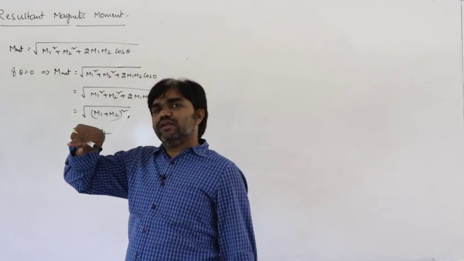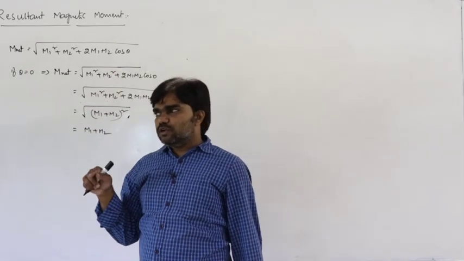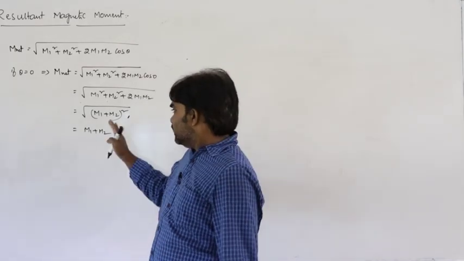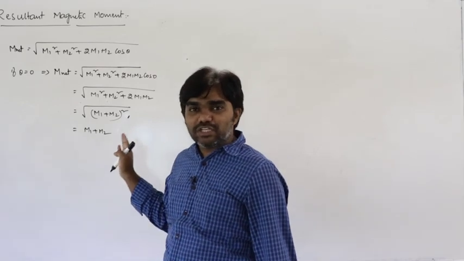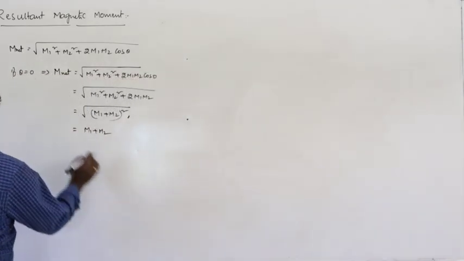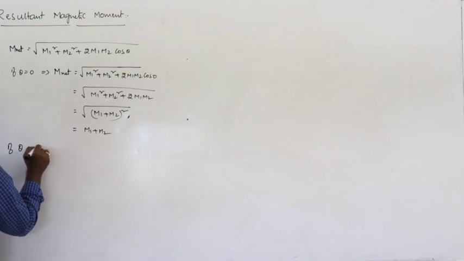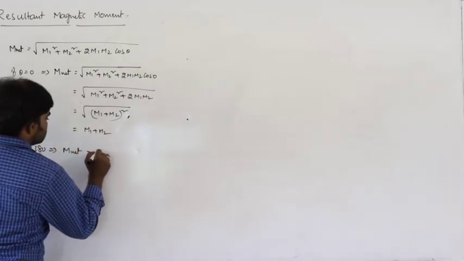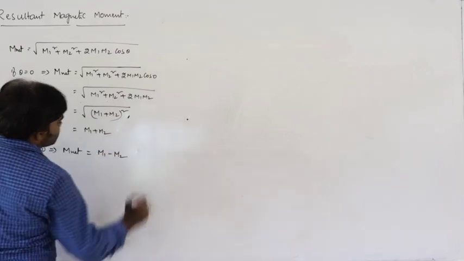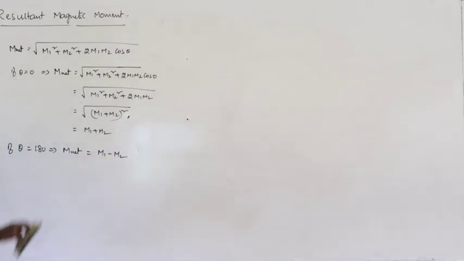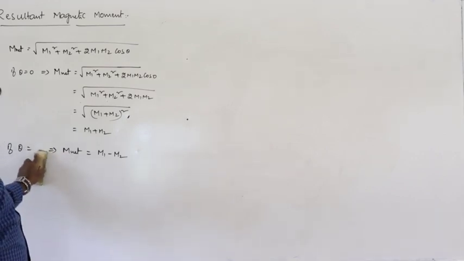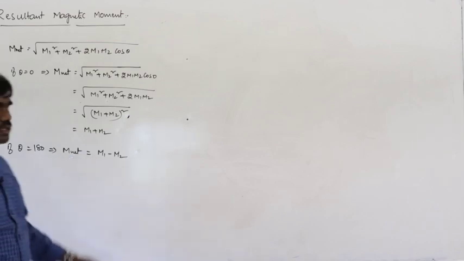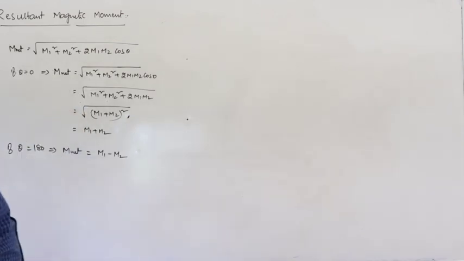But in case of relative velocity, that is different. If two bodies are in the same direction, relative velocity is nothing but subtraction of those two. Here this must be based on vector addition concept. So here if theta equals 180, that means both are in opposite direction, then m net can be written as m1 minus m2. Theta equals 180, m net equals m1 minus m2.